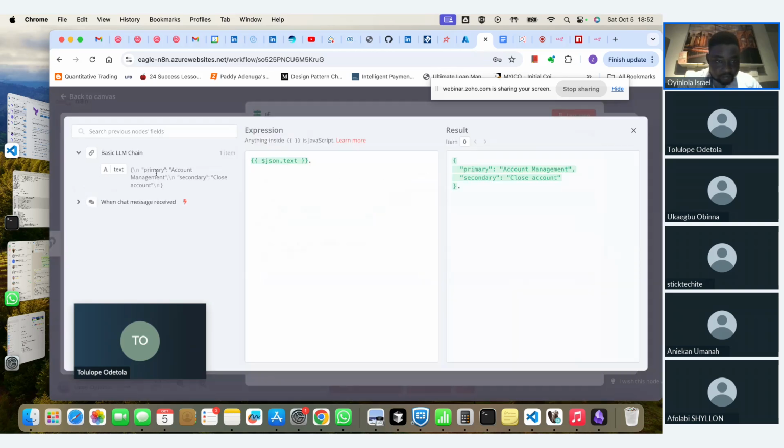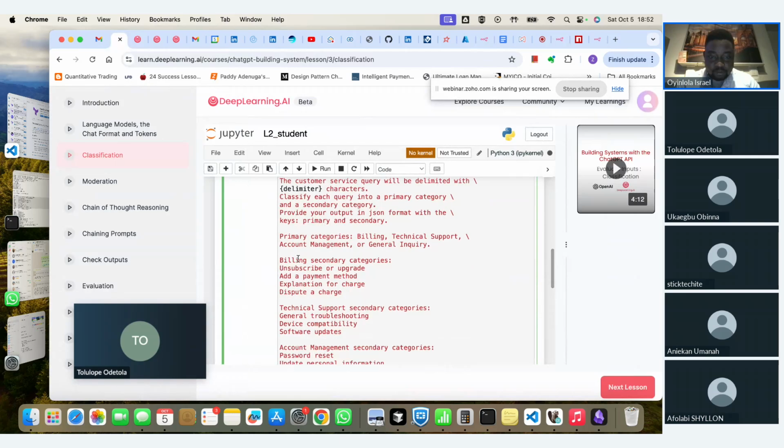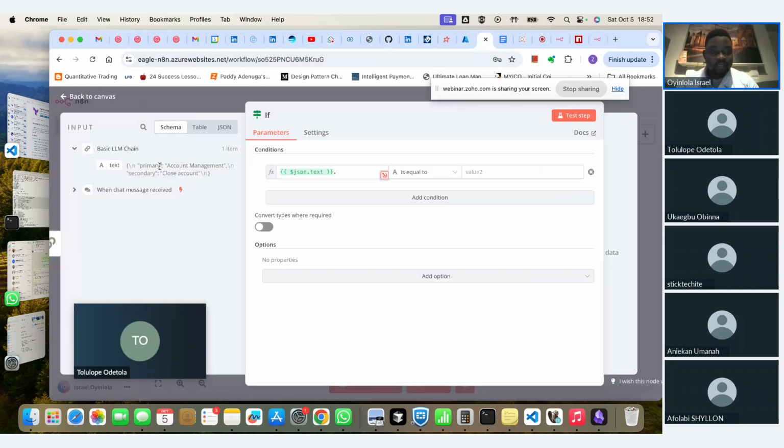Okay, so this is what I have. What I'm trying to test is that I can create a different route for different categories essentially to simulate the call. We have billing secondary category, we have technical secondary. So I can say that if the primary, if the JSON.text equals to, this is not going to work, but this is essentially what I'm trying to say, equals to account management,